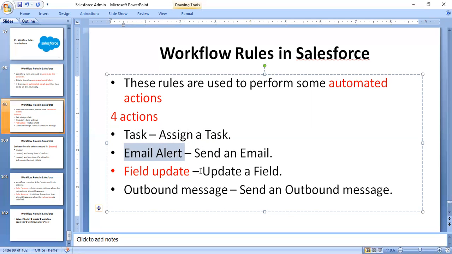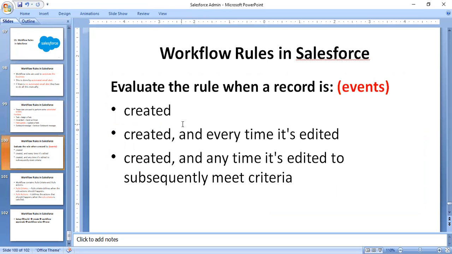And then another one is a field update. If you want to do some field updates and then send outbound messages to different customers, these are some actions in workflows. Then there is evaluate rule when a record is created. That means you have to evaluate a certain kind of action.